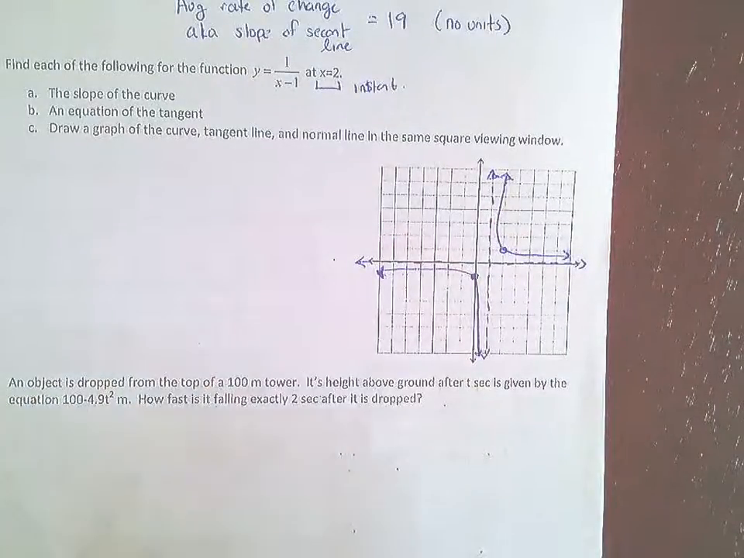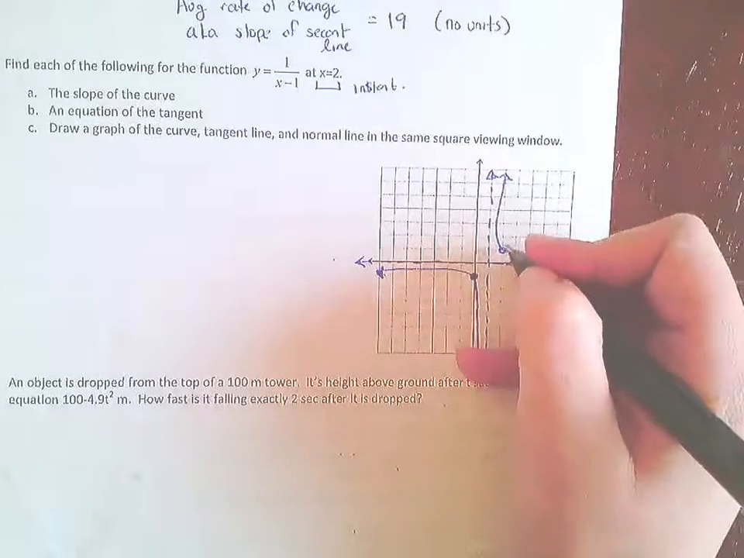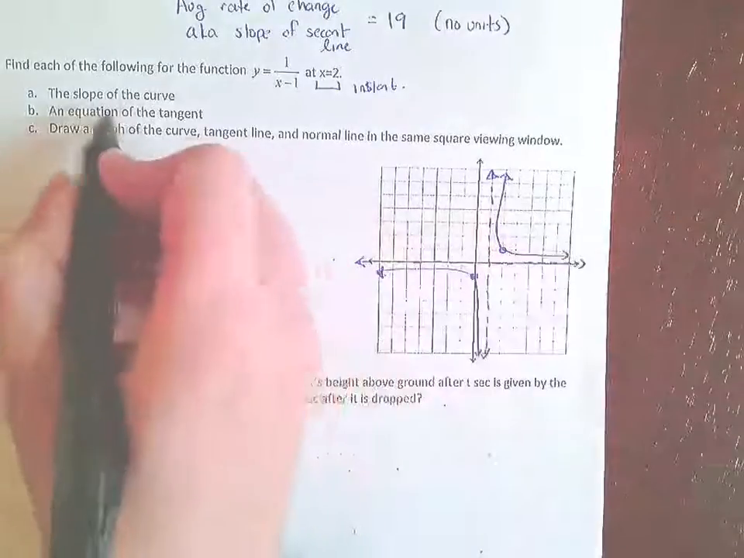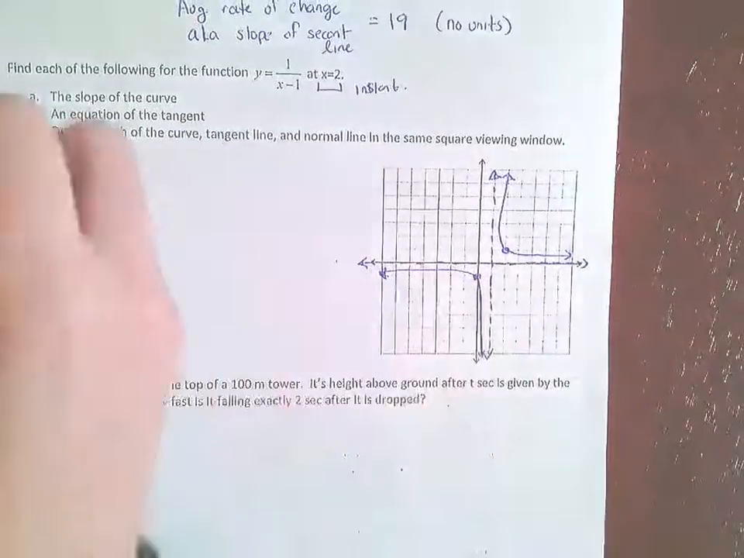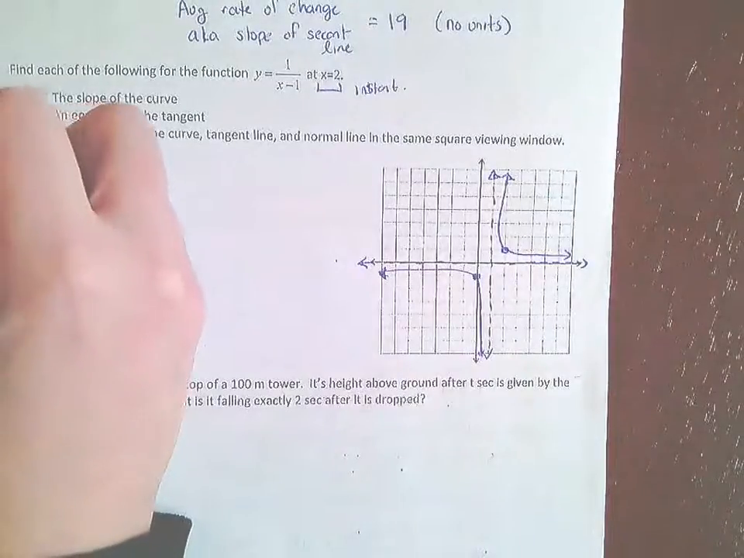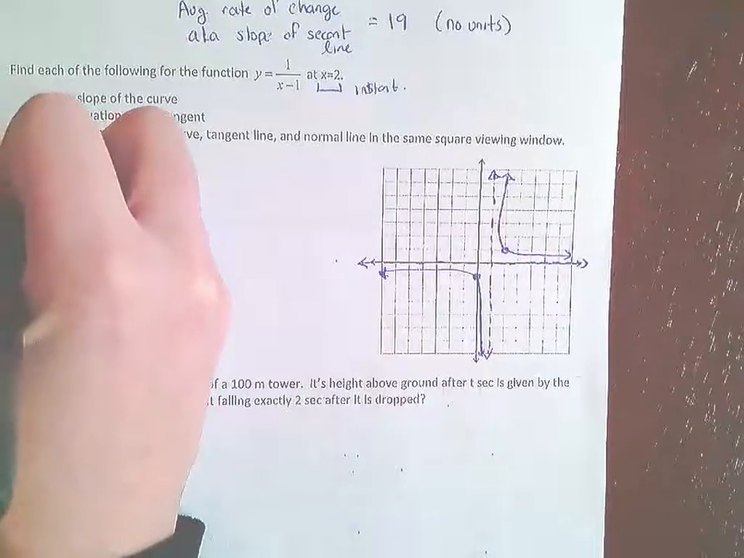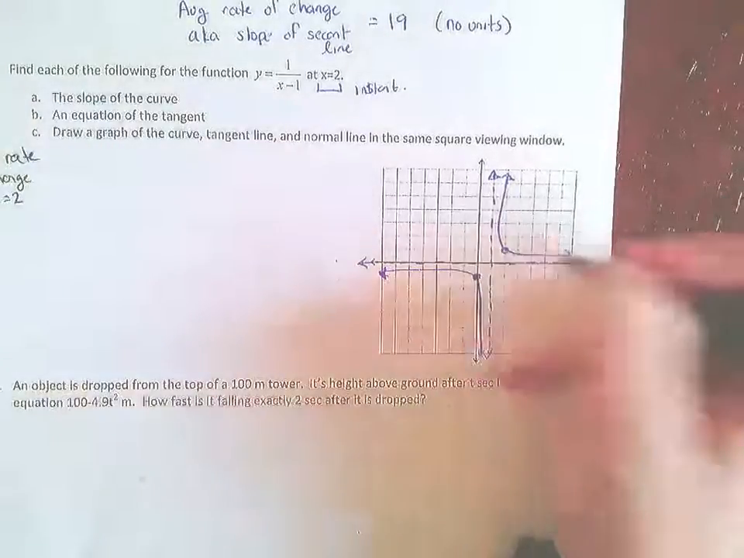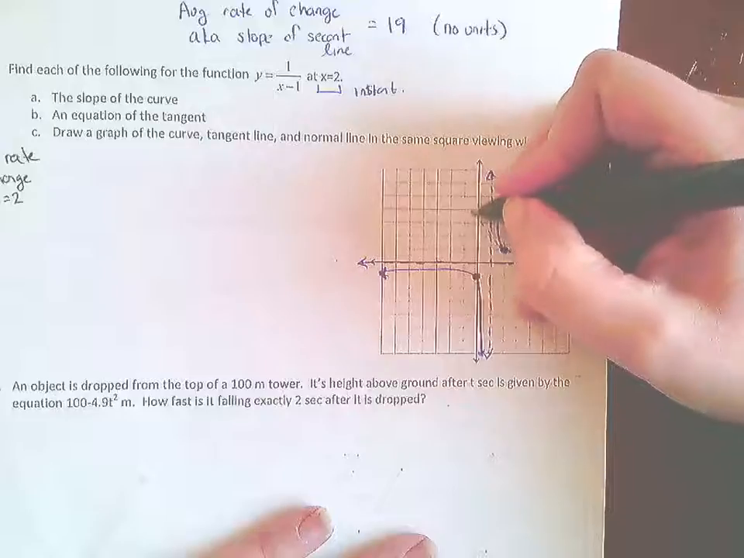So what this question is asking is, well, A, it says find the slope of the curve, which means A is asking to find the instantaneous rate of change at x equals 2. So right there, I want to find the tangent line, the slope of this tangent line